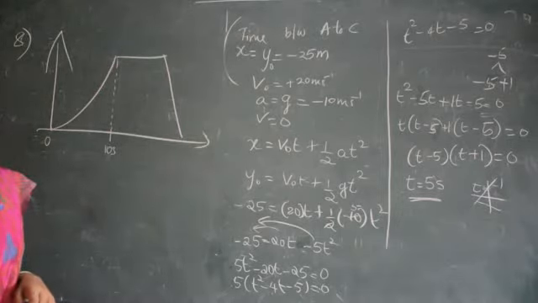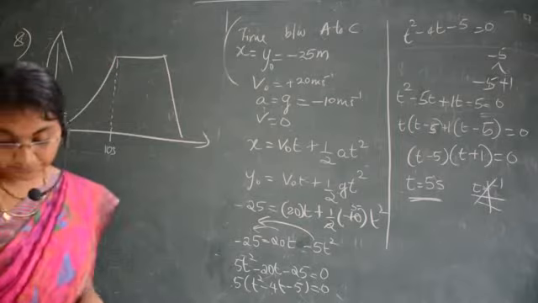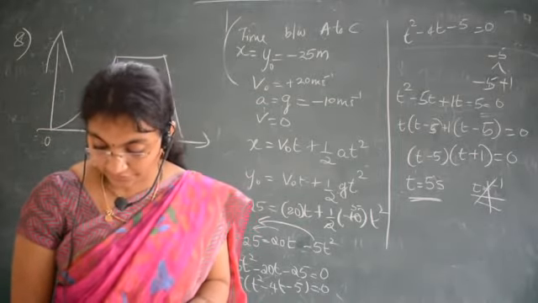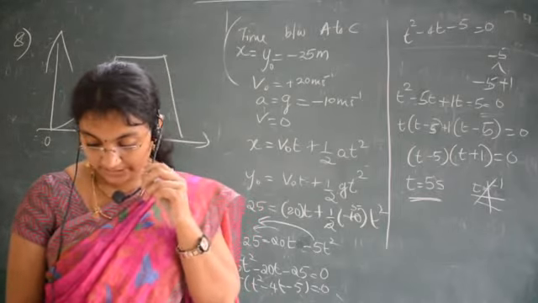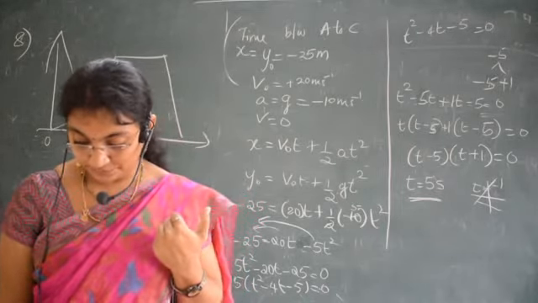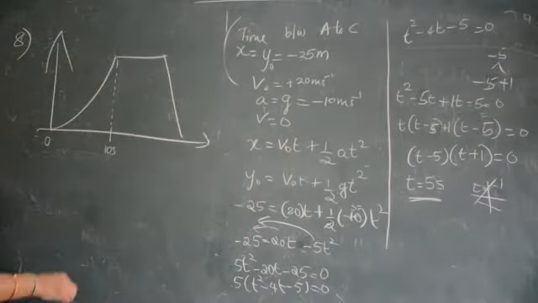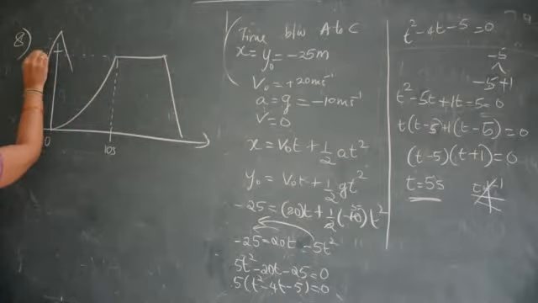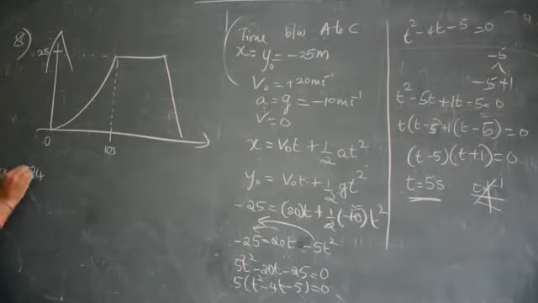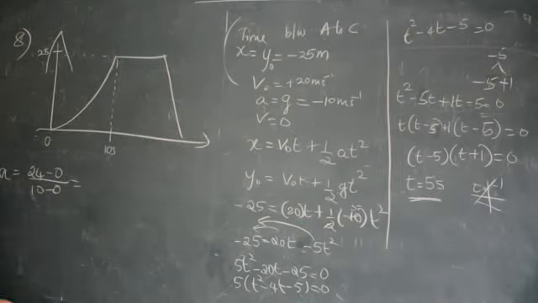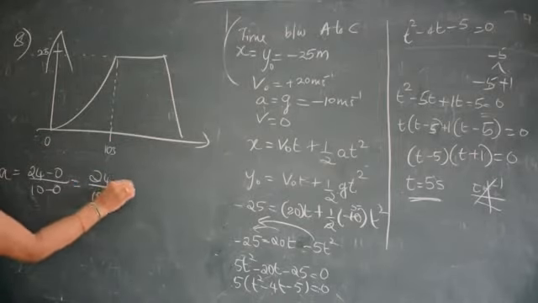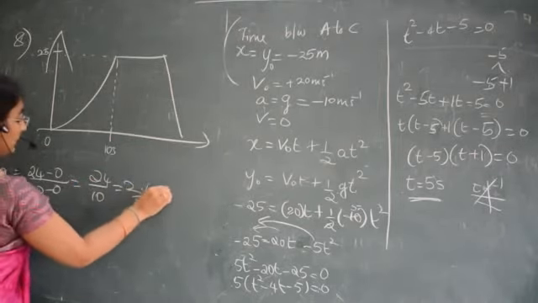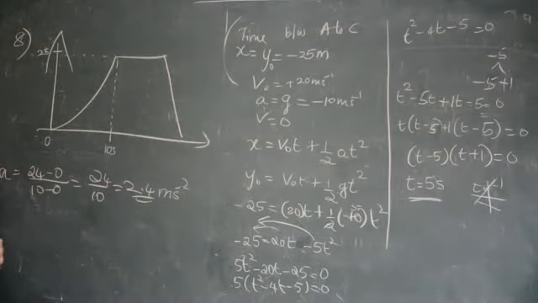Correct? So, what about the height? It is not equal to 25 but a little bit less than 25, correct? So, we will take it as 24. Okay, 24 minus 0. 25 is here, 24. We have to calculate what? Acceleration. So, 24 minus 0 by 10 minus 0. Correct? So, what is the answer? Time interval 10 minus 0. 24 by 10 is equal to 2.4 meter per second square. Correct?